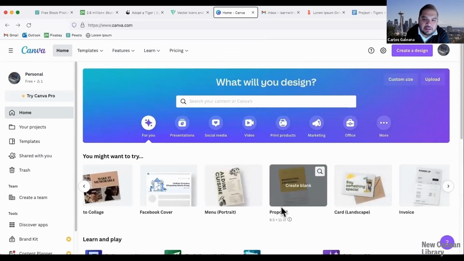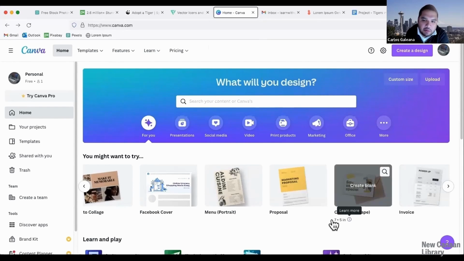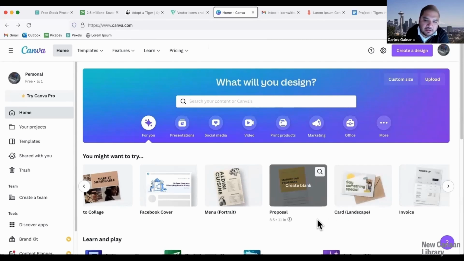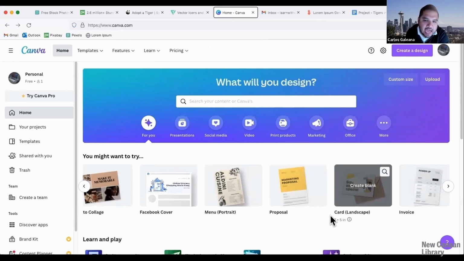One of my other favorite things about Canva is that you can also download the Canva app on your iPhone or your Android device, and you could do somewhat similar projects on that app, and you could really do quick edits on that app. So if you have Instagram on your phone and you wanted to work on something, you can open up the Canva app, do a project really quickly, and then save it to your phone, and then you can put it on Instagram.